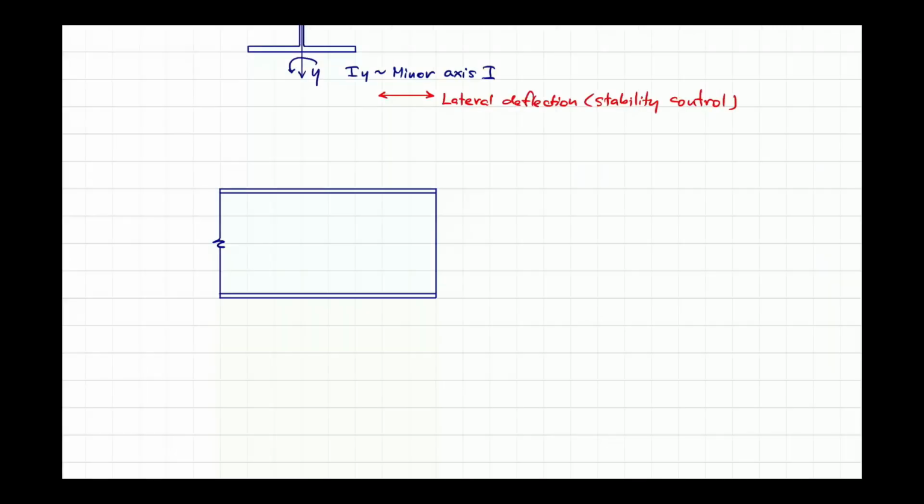So no matter how much the elastic buckling strength could be, you cannot exceed the material property that controls the yielding. Okay, so